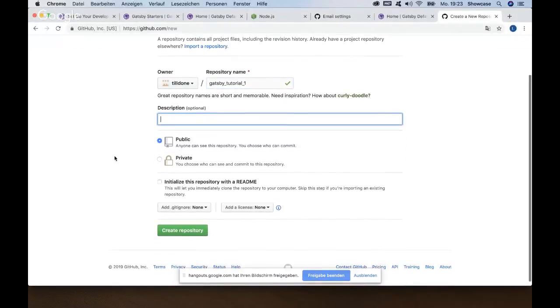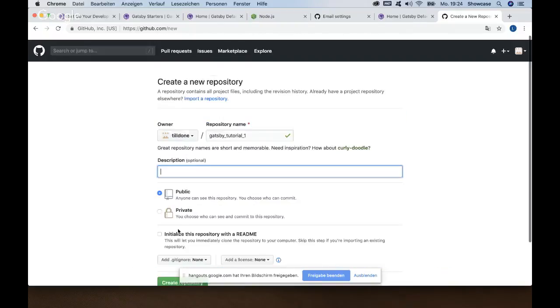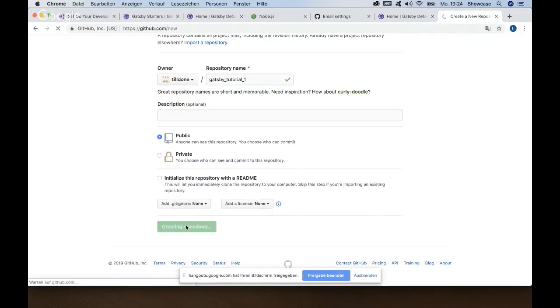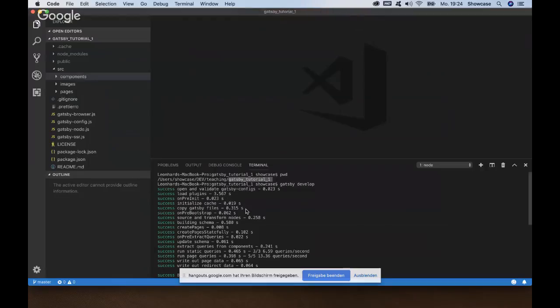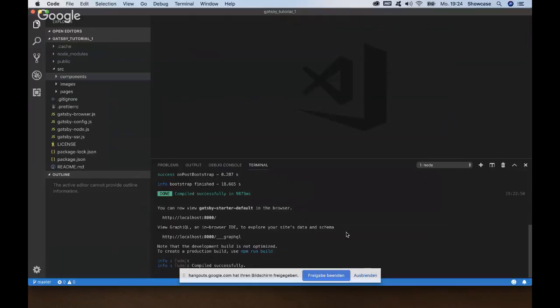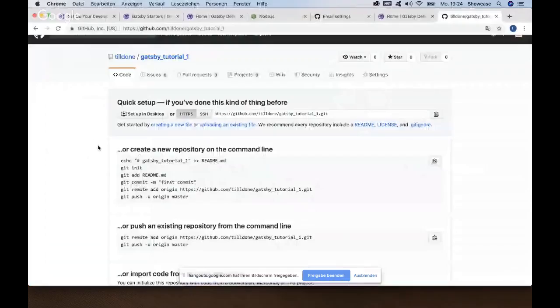No description for now. I will make it public in that case, and also then create the repository. I will stop the server for now, clear the screen with the command clear, and now we want to